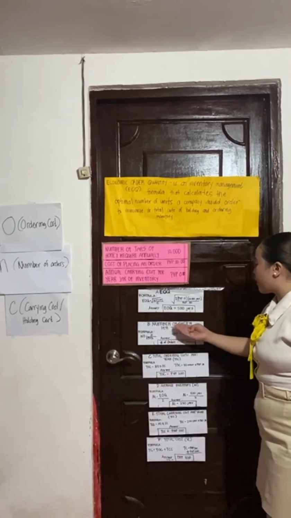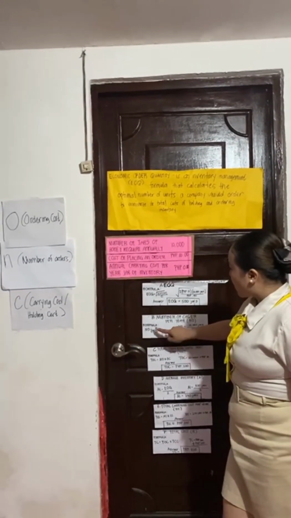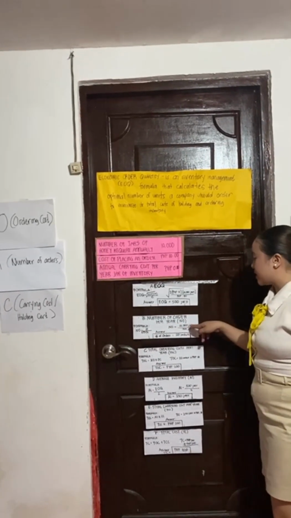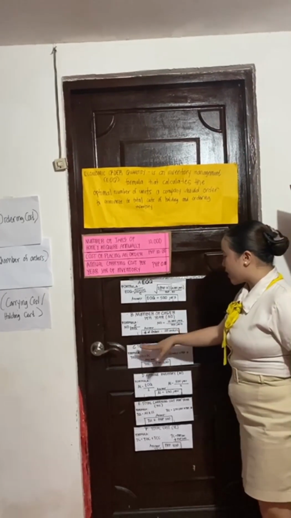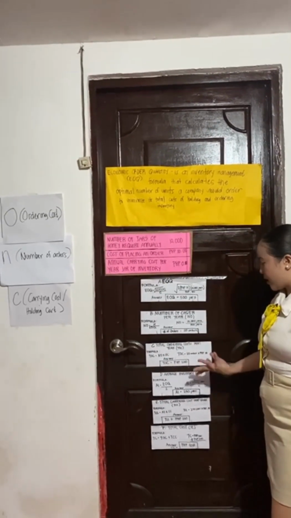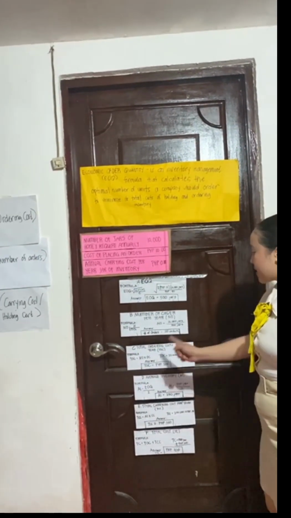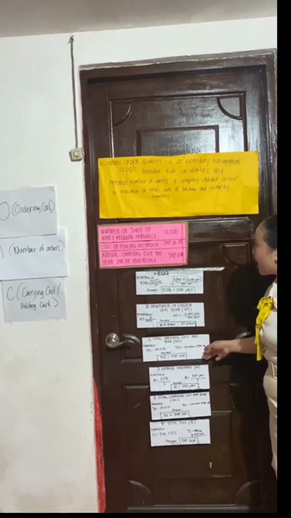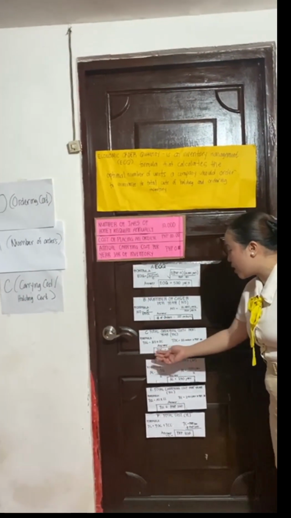Next, the number of orders per year or NO. The formula is NO equals number of orders divided by EOQ. So 10,000 jars divided by 500 jars is equal to 20 orders. Next is the total ordering cost per year or TOC. TOC equals NO, or number of orders per year, times OC. So the NO is 20 orders times 10, where 10 is the cost of placing an order. So the total is 200 pesos. So our TOC is 200.